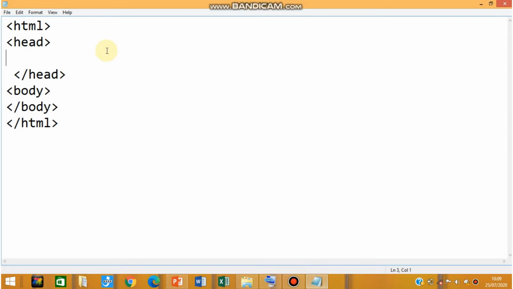For the links on a web page, you have to first write the HTML code. So your first step is to open Notepad and start writing the code. First you will mention the HTML tag and then you have to close it. HTML code is written in two parts. First is head and second is body. The title of the document you will mention in the head tag. The title I am giving is HTML document. Then you have to close it.